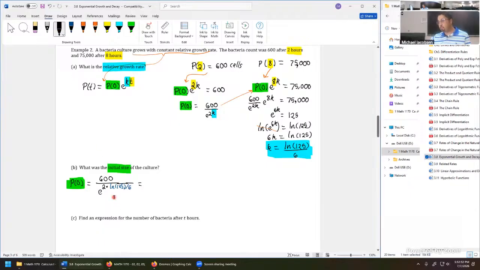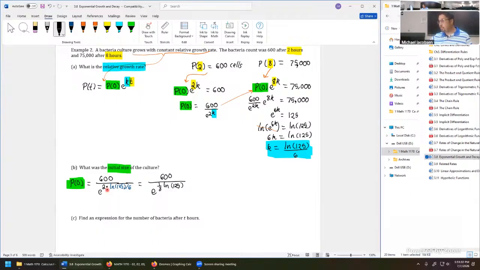And we need to get a value out of this. Really, there's two ways you can do this. Plug this into a calculator or just simplify it down algebraically. Let's go the algebraic route just to get a little bit more practice on properties of logarithms to see how this goes. If we simplify this by hand, first thing I would want to do is cancel the 2 into that 6. We cannot cancel the base e with a natural logarithm until the coefficient to the natural log is exactly 1. So we do a cancellation. 2 goes into that 6 3 times, so it's really a 1/3 times natural log 125.